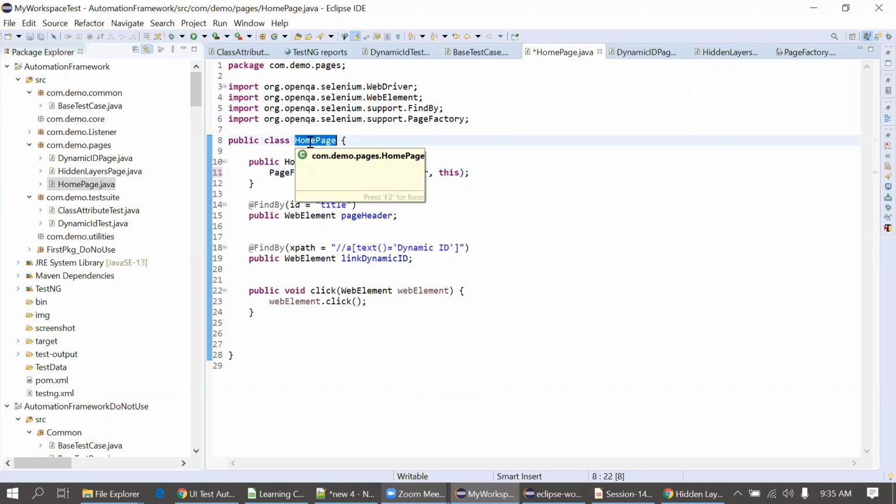If you want more understanding of the super keyword, I will tell you in the next session how the super keyword works. We cannot use super here, for sure. Yes, I got it. Thank you.